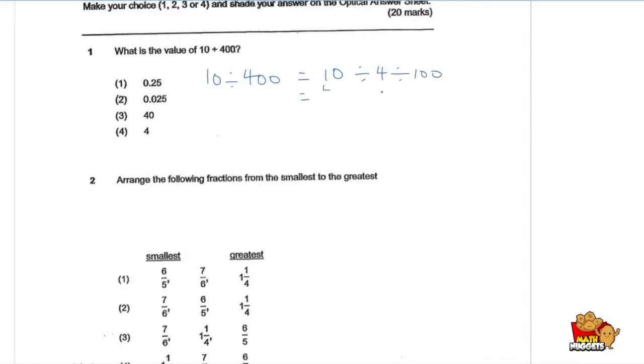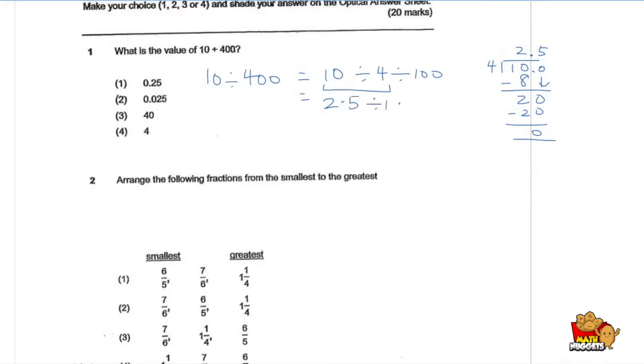So firstly, I will go and work out what's 10 divided by 4. You get a remainder, so you continue, put a 0.0 behind, and continue doing your long division. So we get 2.5